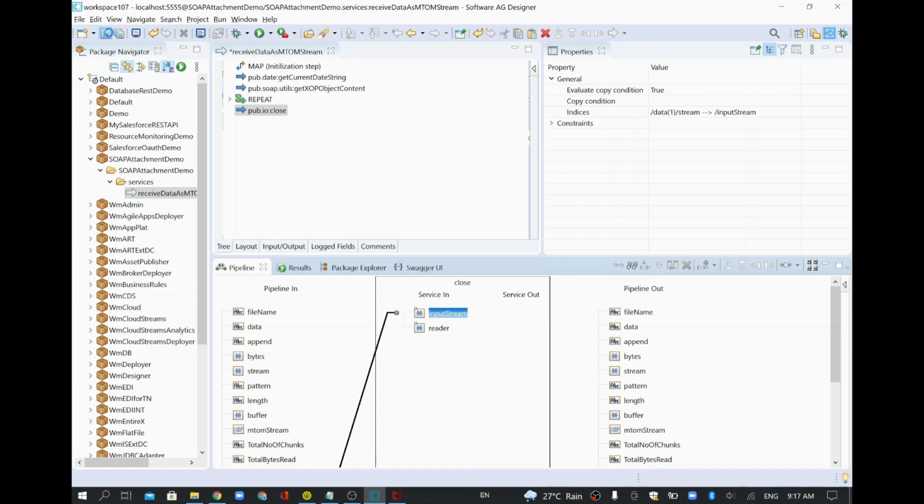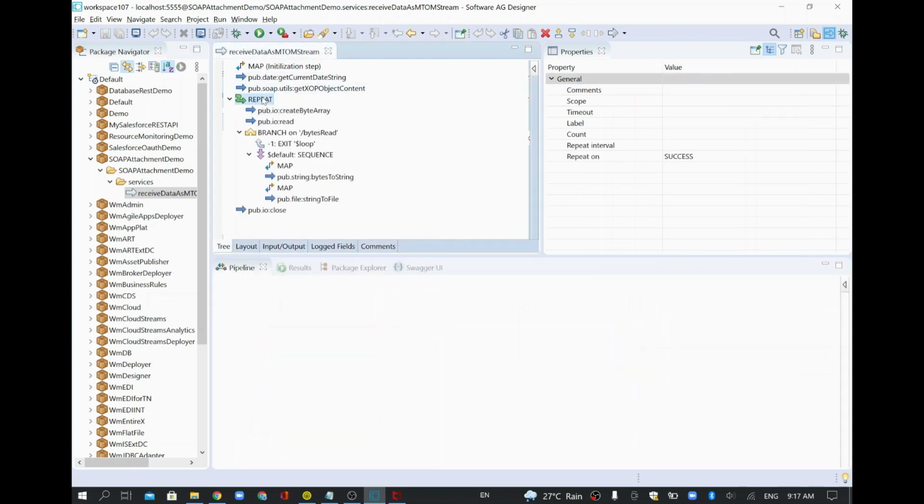which is having a capability to receive data as a stream, and through repeat we are taking every chunk from the source, because the source is going to establish the connectivity and send the data in a stream, which we are receiving in specific bytes. In this case we are receiving every data as 100 bytes. Okay, so that is what we are going to do.